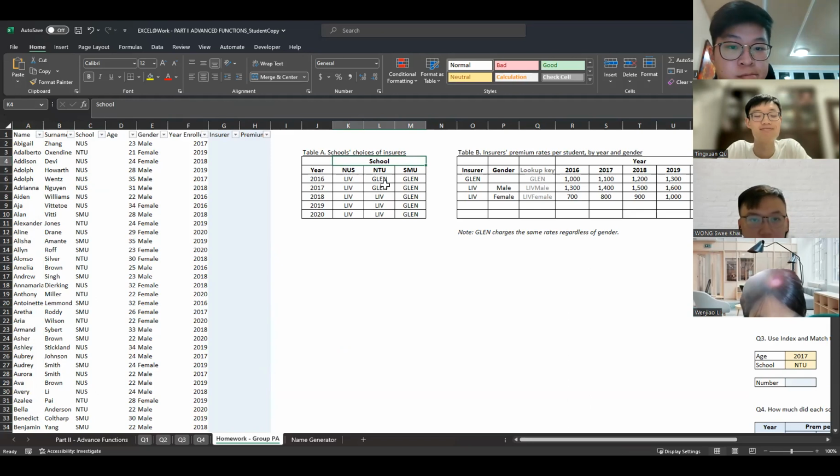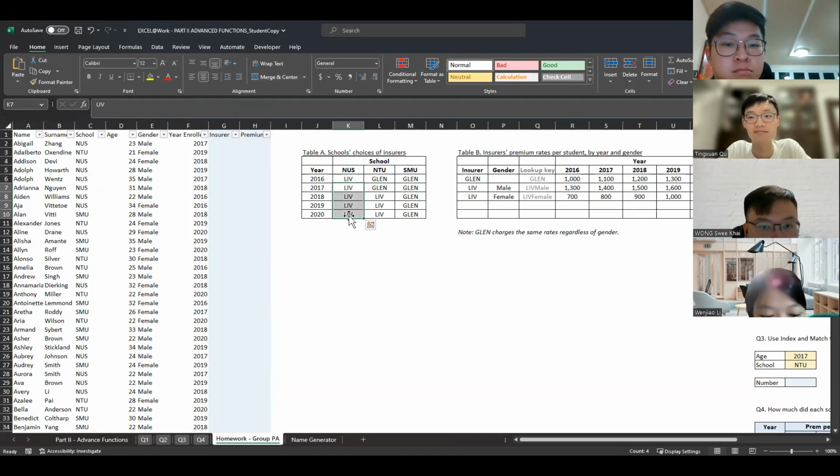It's called Left and Glen. Okay, so these are Left Insurance and Glen Insurance. So different schools have bought different insurance. Okay, so NUS has bought Left all the way. NTU has bought some Glen for a few years and then some Left in the last few years. Okay, and SMU is fully Glen.